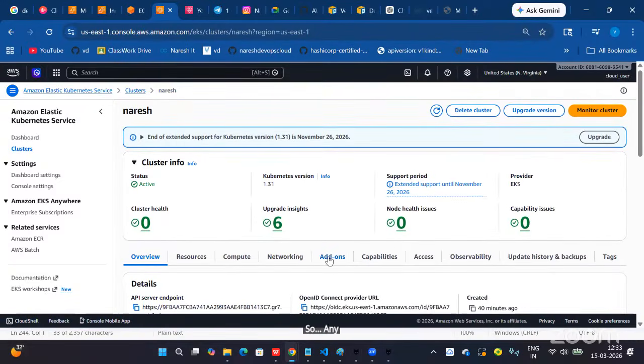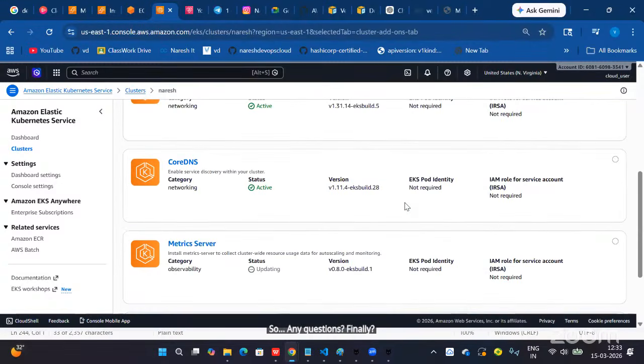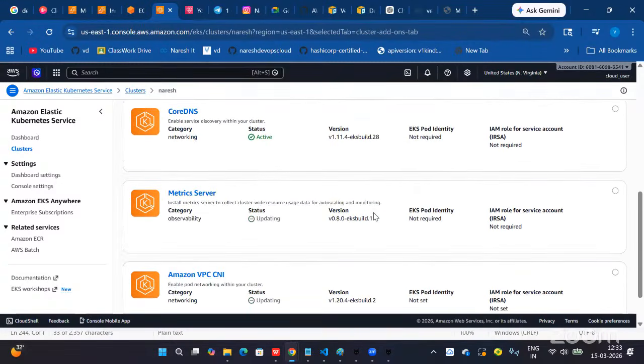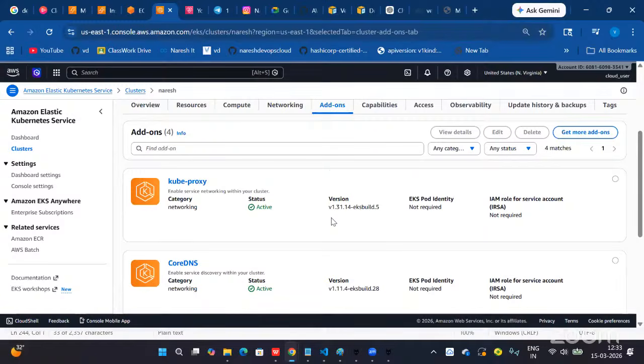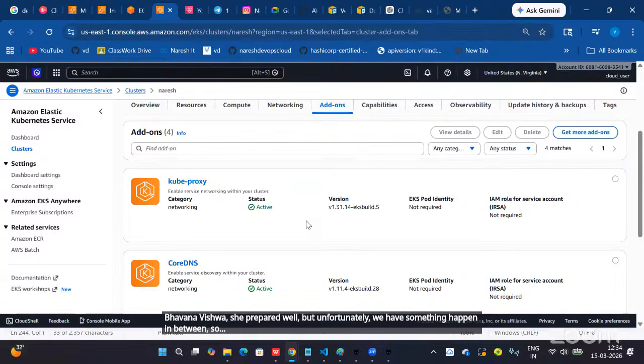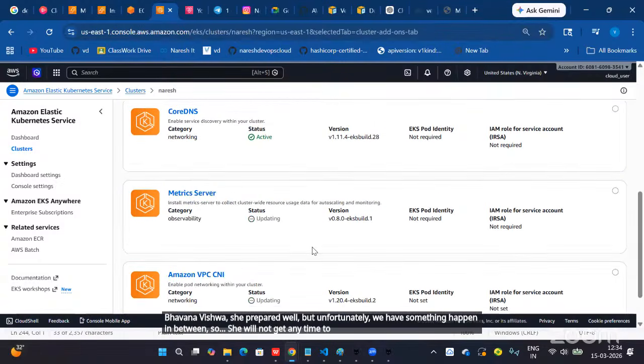Any questions finally? Actually, one of my students, Bhavana, prepared well, but unfortunately something happened in between, so she will not get time to explain this cluster upgradation.